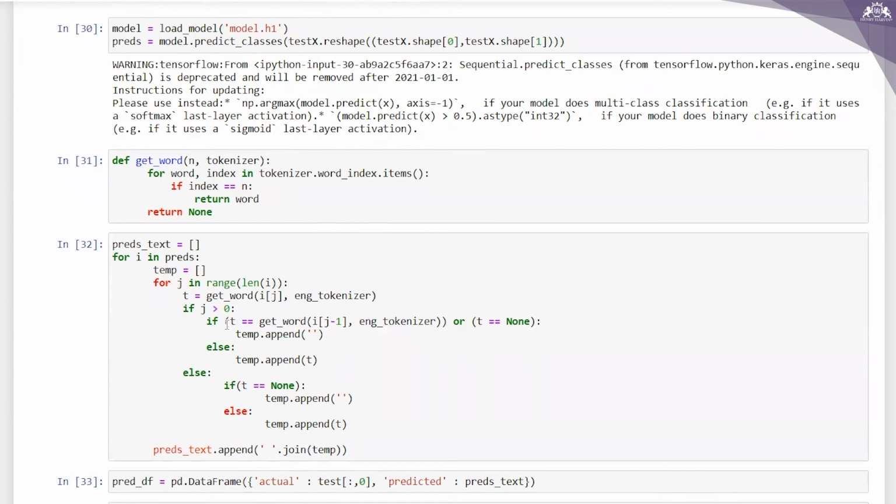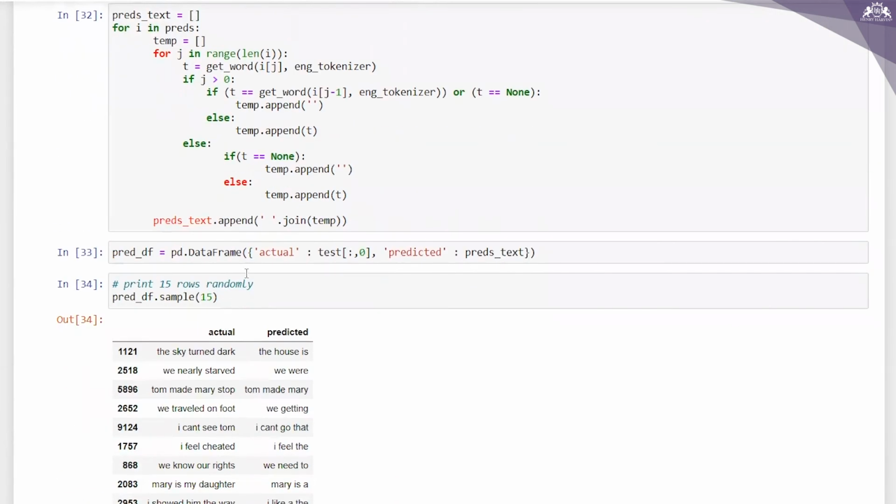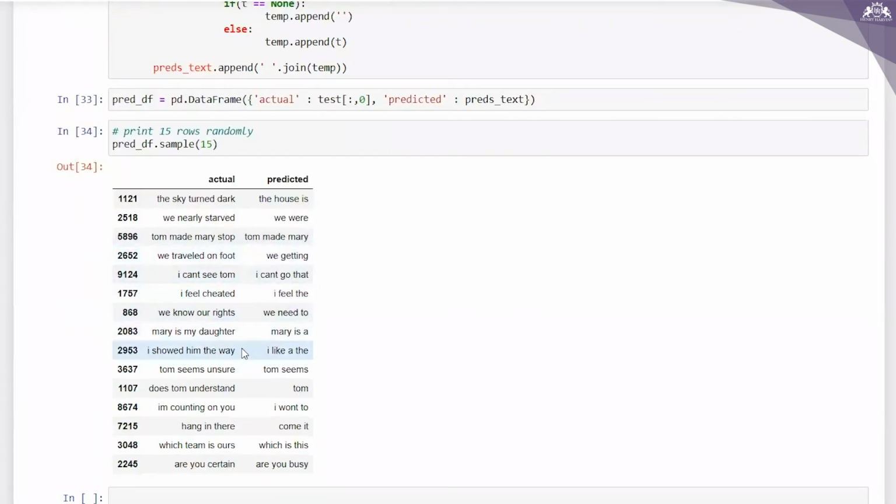Now let's put the original English sentences in the test data set and the predicted sentences in a data frame. Then we can randomly print some actual and predicted instances to see how our model performs. Randomly I have taken 15 sentences, and I'm really happy with that.